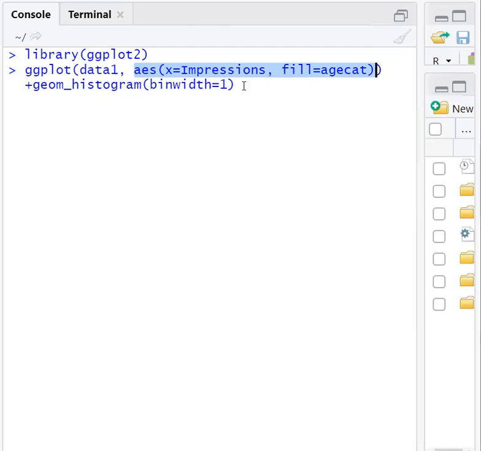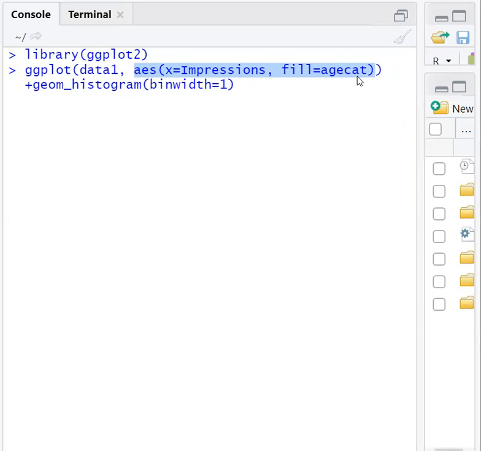So in that we are specifying the x-axis and what should be on the y-axis. So x is equal to impressions. So on the x-axis we'll get impressions, and for y-axis it is fill, meaning the value should be filled with the age category. So it is just like an age category versus impressions graph.